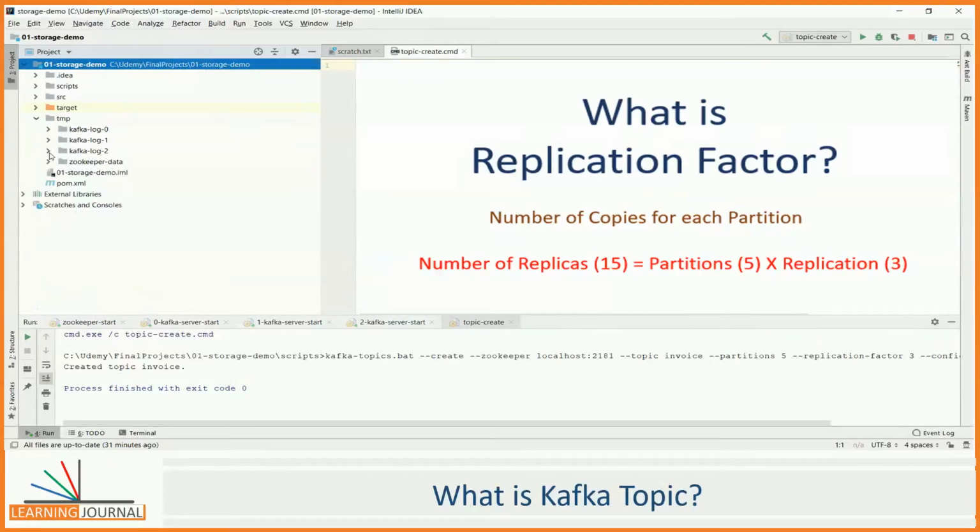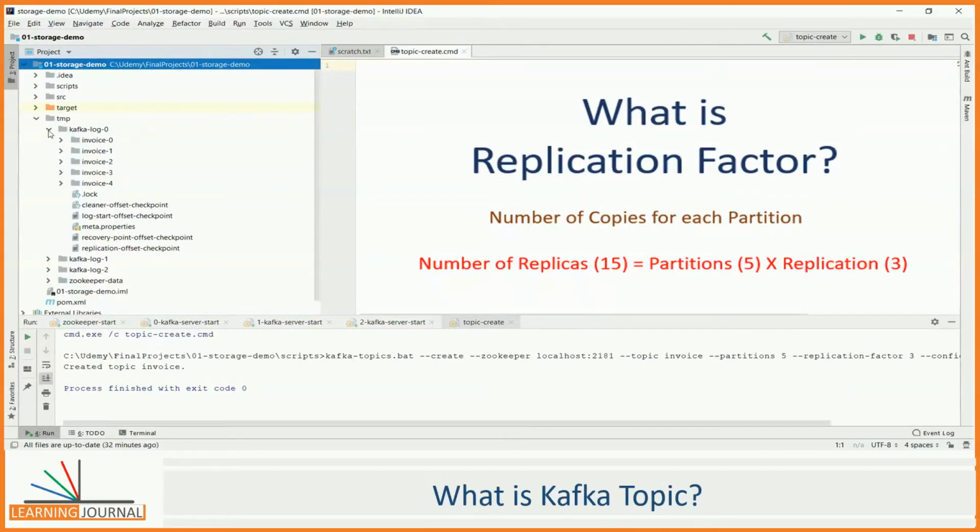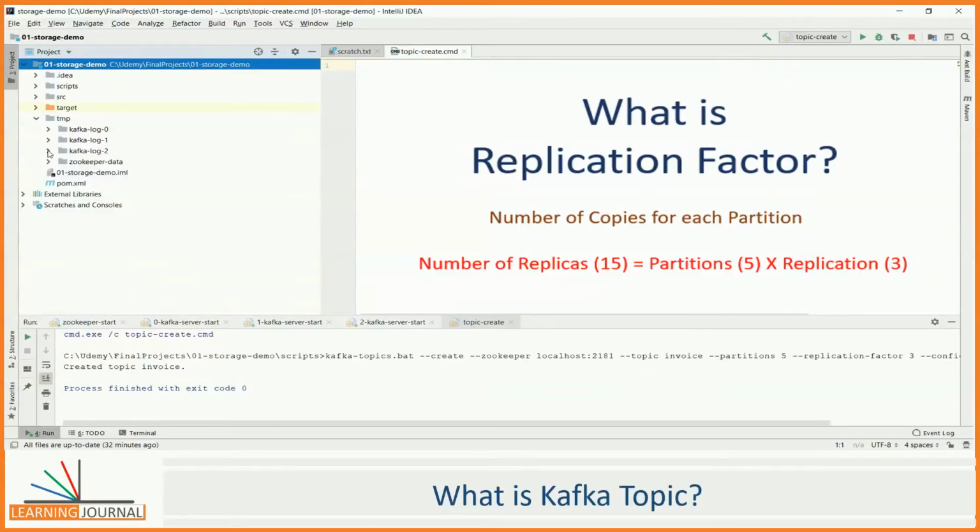How do I name them? Well, I can call it the first replica of partition 0, the second replica of partition 0, the third replica of partition 0. Similarly, we have 3 replicas of partition 1 and so on. Great. So we understand that the number of partitions and the replication factor multiply and result in directories. And we call them partition replicas.